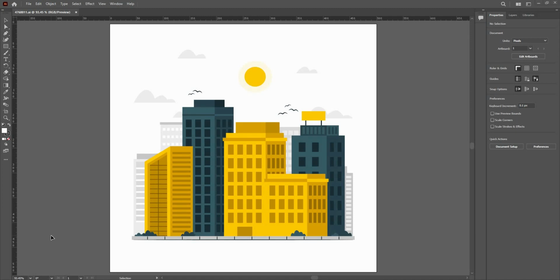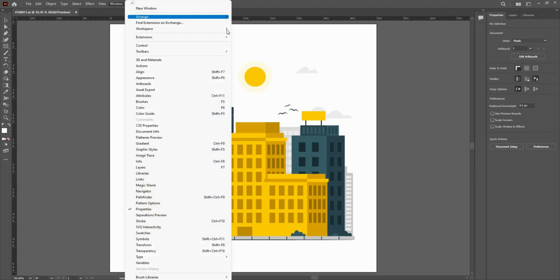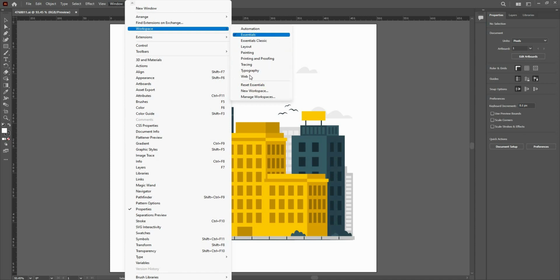Let's take a look at the workspaces of Illustrator. We can access the workspace by going to the Window menu, and here I have an option that is Workspace. I can choose any of these workspaces, or I can even create a new workspace. Currently I'm on Essentials. If I choose Essentials Classic,